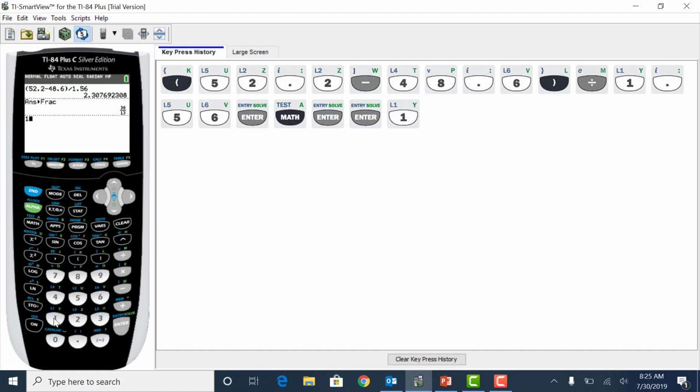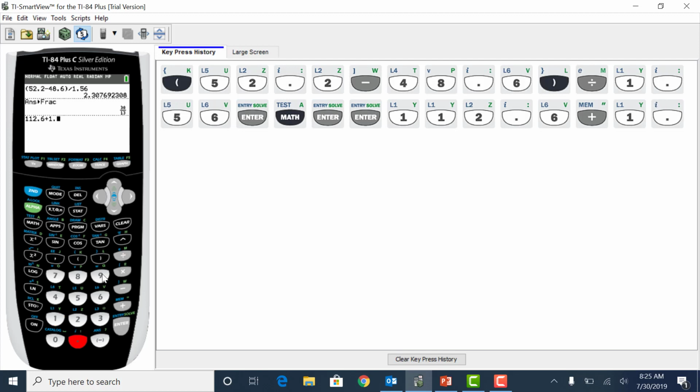So we're going to type in 112.6 plus, and by the way, your calculator does know that multiplication comes before addition. Multiplication and or division comes before addition, so it will do order of operations right now as I hit the times key. So I've got 112.6 plus 1.96 times,